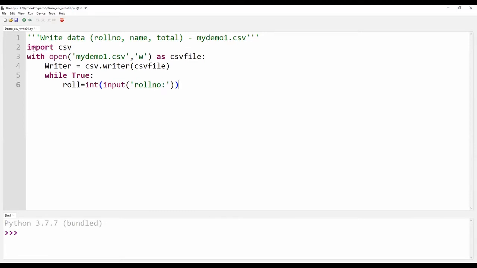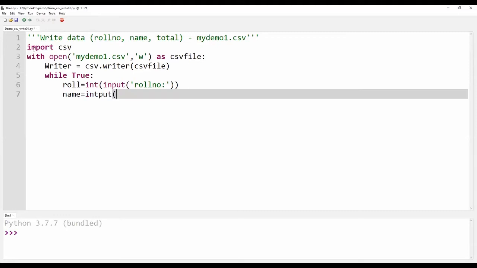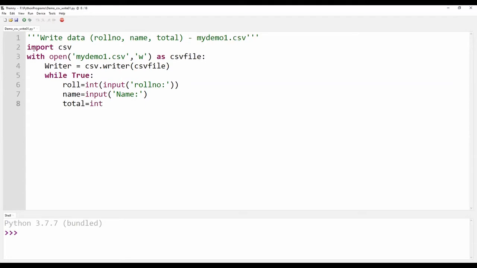The second input is name, which is of type string. So I use input there. And the third one is total, which is of type integer.